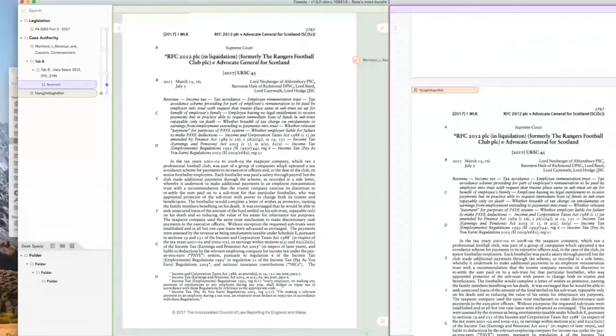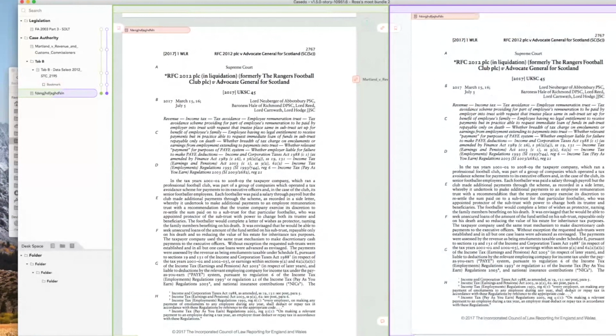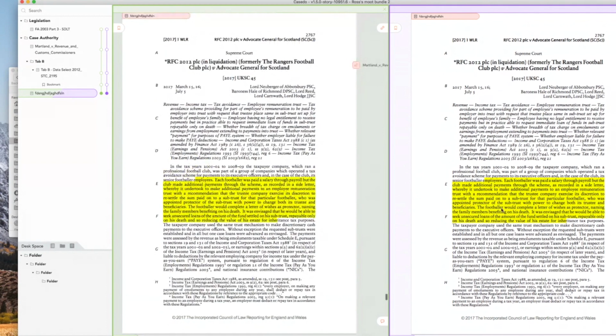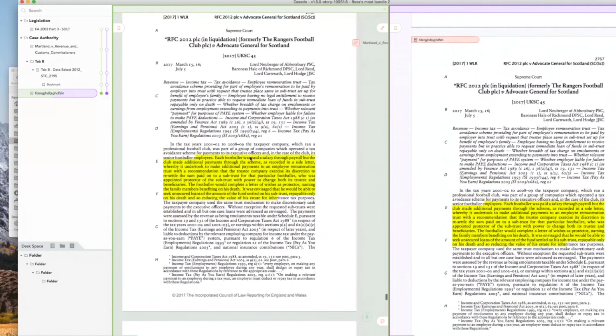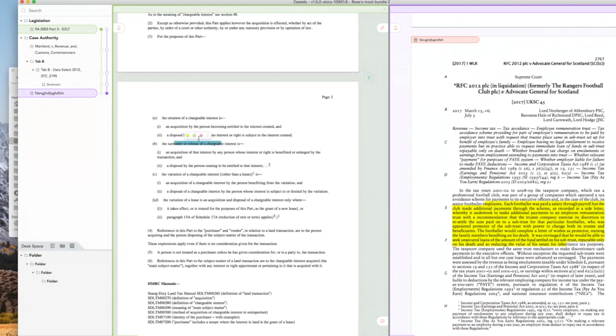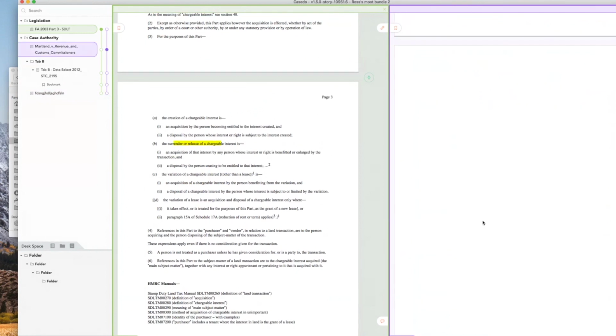And what that does is it gives you, it's not like opening up a new document or opening up the document again. It's just another view of the same document. And to demonstrate that, if I highlight a passage of this document, it pops up on the other window. These are the same thing. And it's just a great way of being able to view things side by side. So often you might be looking at a piece of legislation, and there might be something interesting, and a case might refer to it, and you can look at these 2 things side by side.